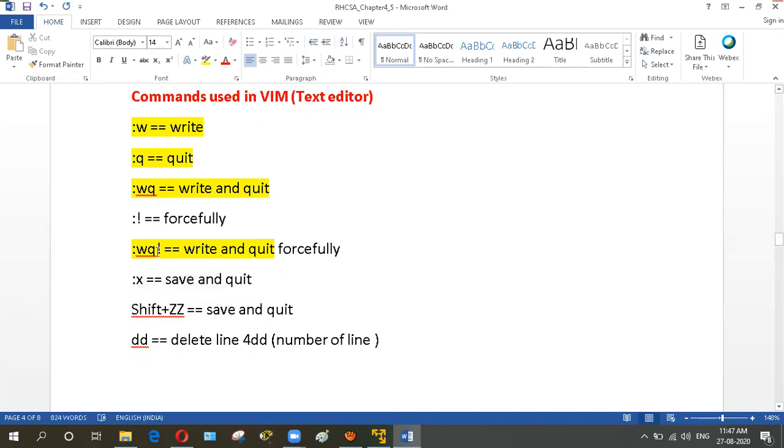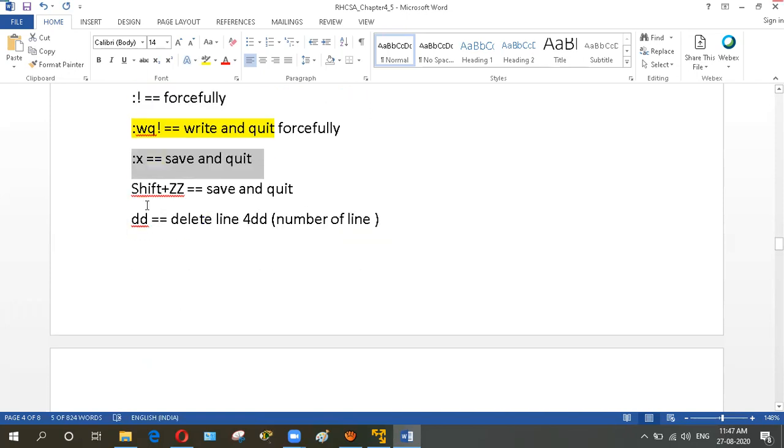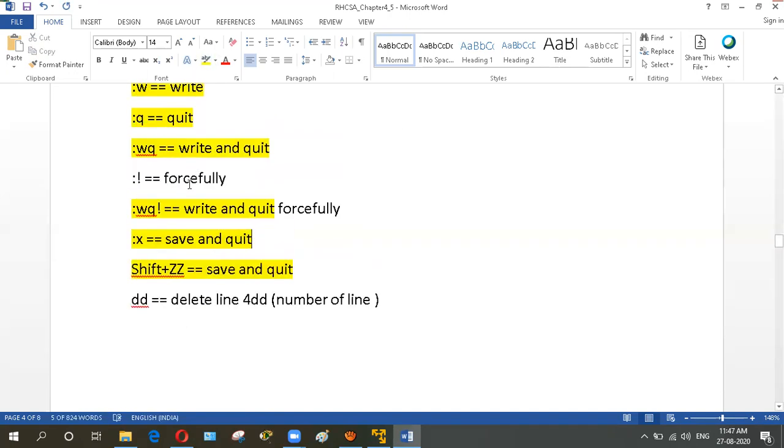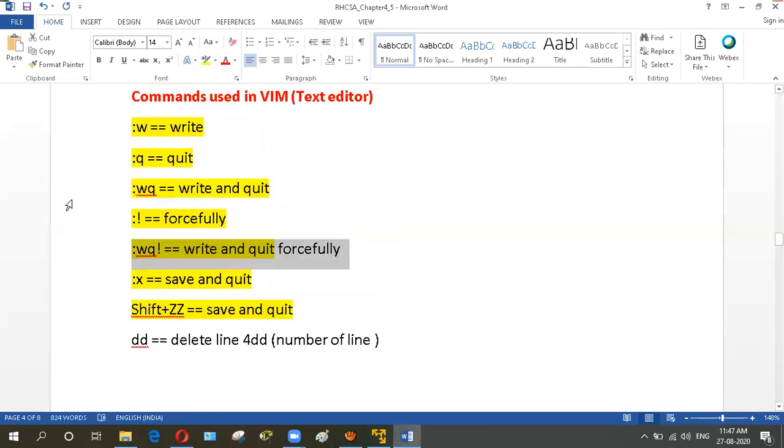So we can use this particular symbol for forcefully. This is also used to save. So these are the options to save and quit only.